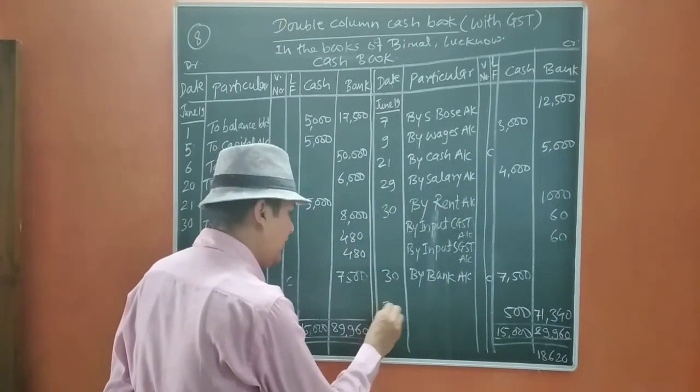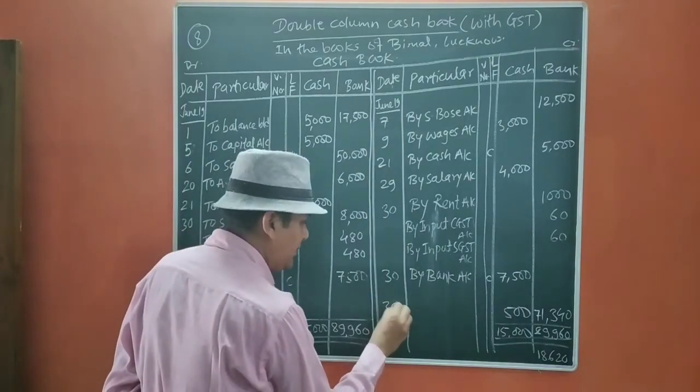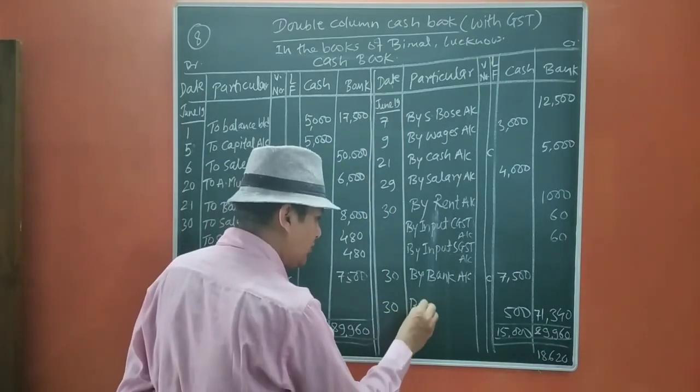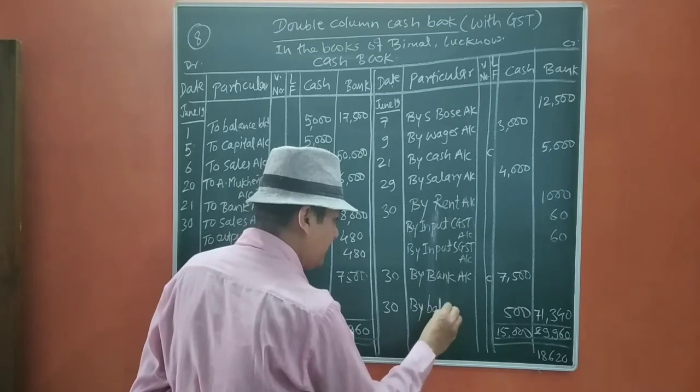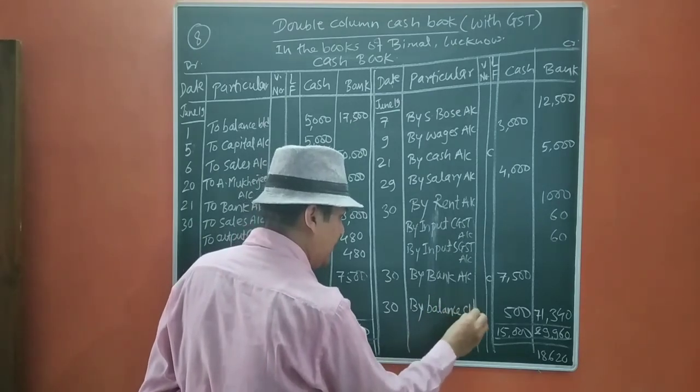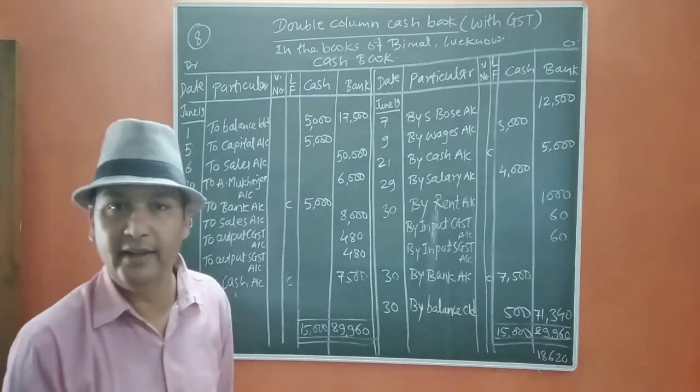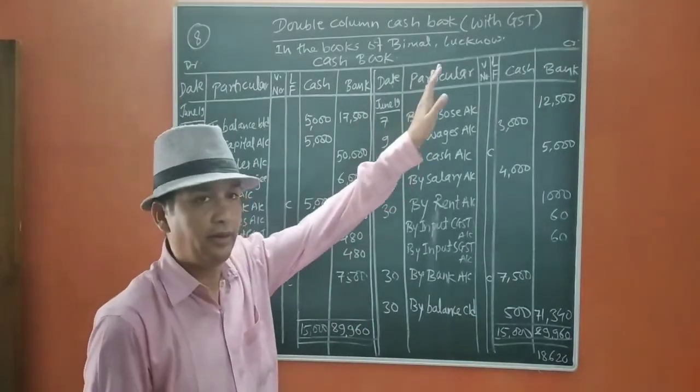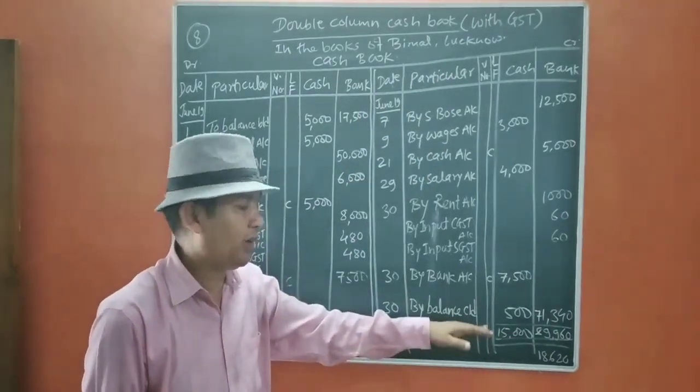So this is on 30. June is having 30 days, so last date is also 30. By balance carried down. This is the end of the GST question, with GST. Okay, double column. Now we